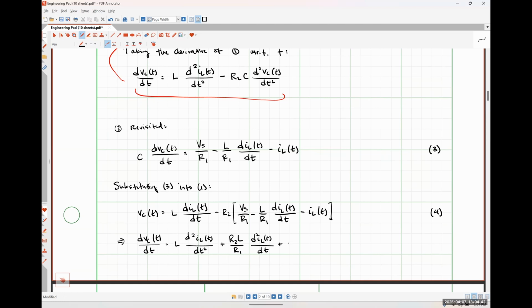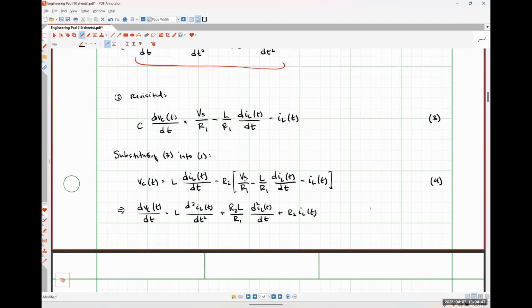And then plus R2 times IL of t, and I might just lump some things together here. So that's going to look like L times 1 plus R2 over R1, second derivative of my inductor current with respect to time, plus R2 times, oh, actually, I was taking the derivative of this thing, so that should be